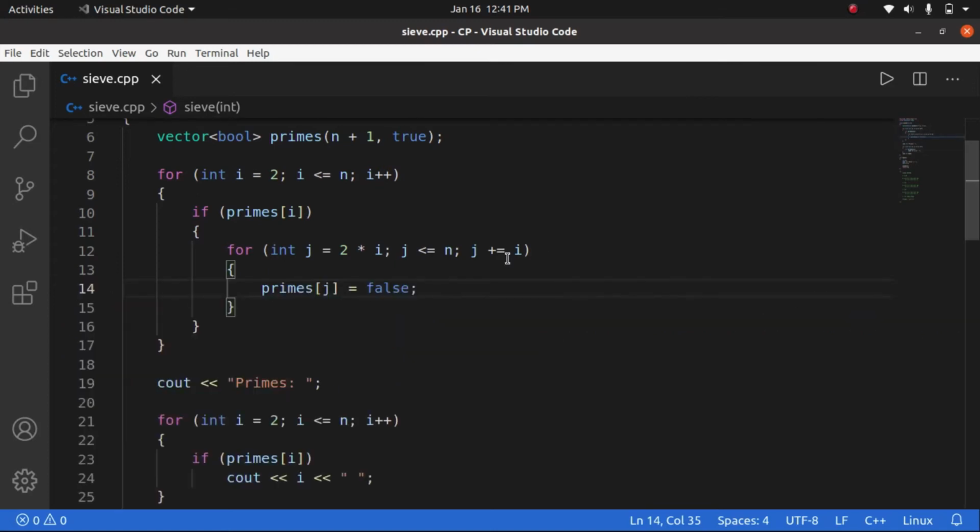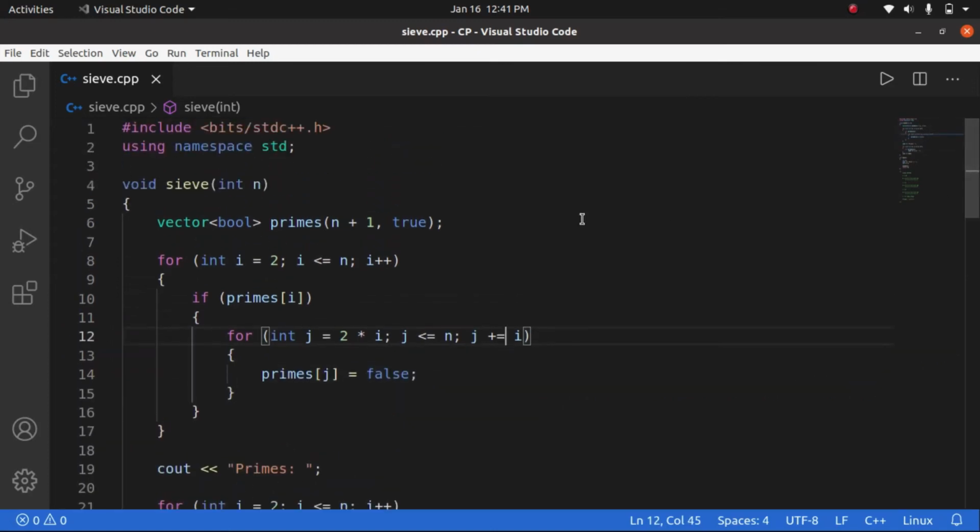Now to optimize it further, let's see what we can do here. We are using 2 into i. If we found 2, we are updating 2 into 2 is 4, 2 into 3 is 6, and so on, 8 and 10 if you enter the value 10.